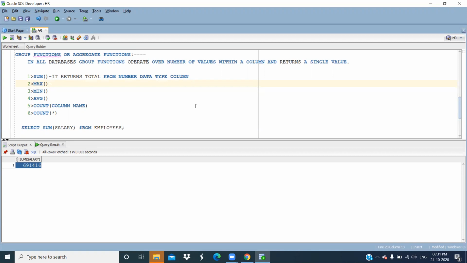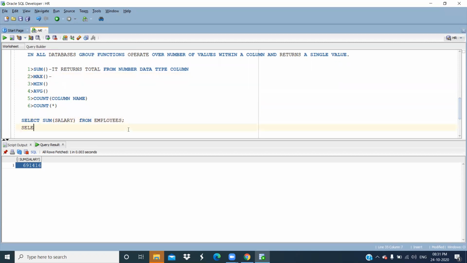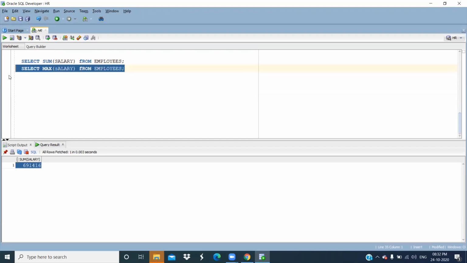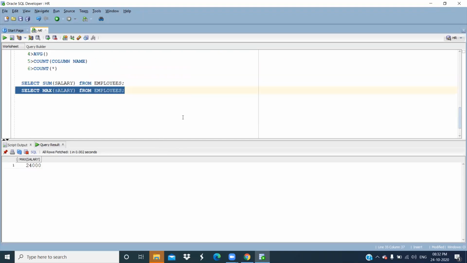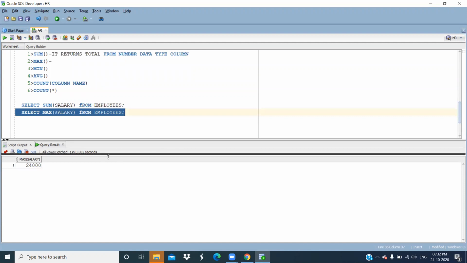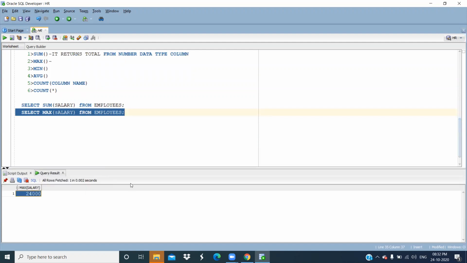Select max of salary from employees. You can see it is giving 24,000, which is the highest salary in the employees table.